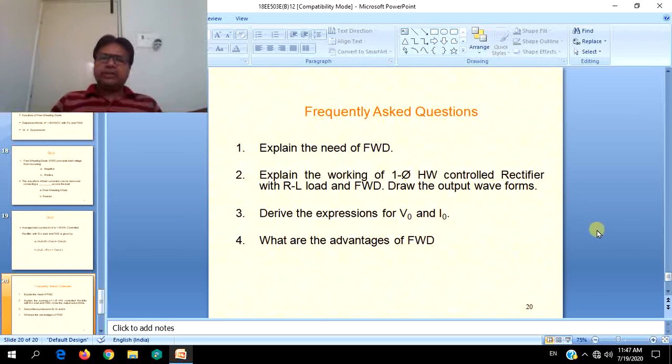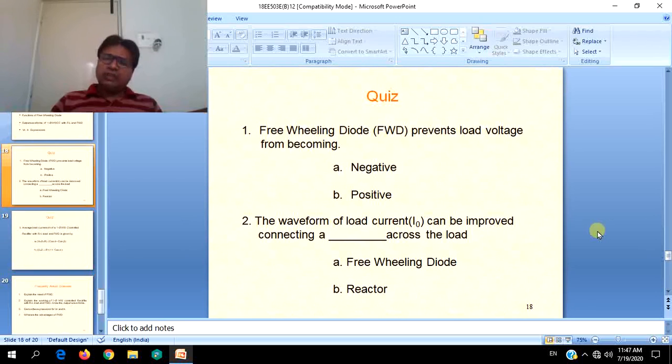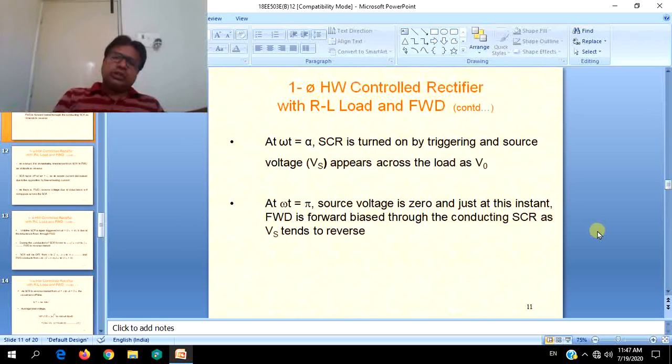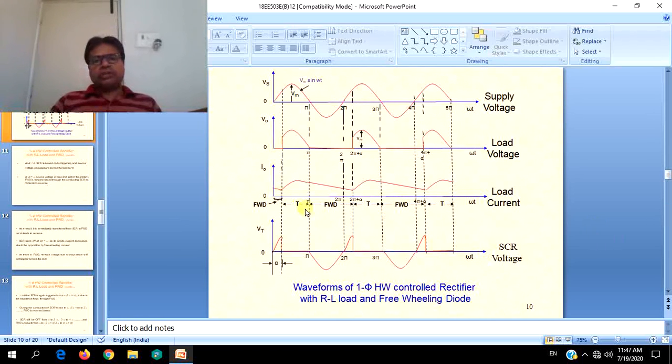Those things will be discussed in the following sessions, where we will be discussing how to use multiple SCRs or more than one SCR to have forward voltages or voltages in the same direction applied to the load, and also how the current is made more continuous with the help of SCRs, by controlling their turning on and off, in a simple structure like a center tap transformer and also a bridge type of rectifiers. So that is enough for